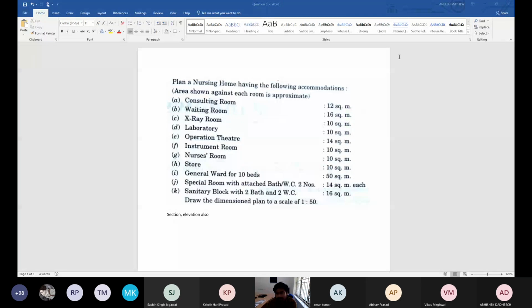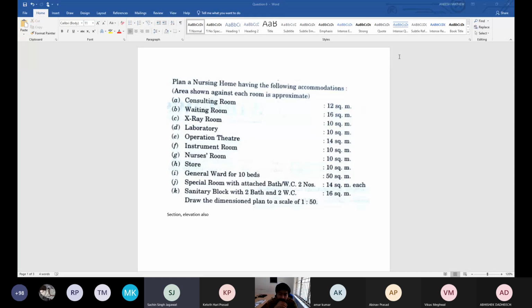Line diagram you can make your way, without scaling, no problem. Plan, elevation and section you need to do properly. But finally, whatever you are calculating, you need to check that everything is matching and fills up in that box. That's all.